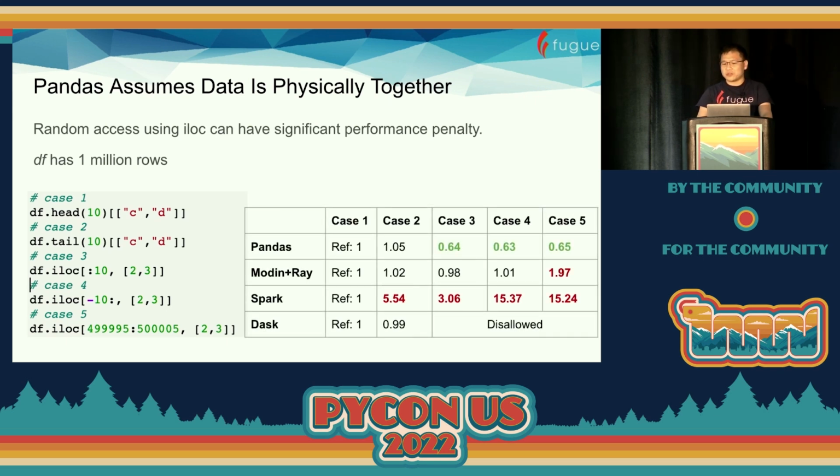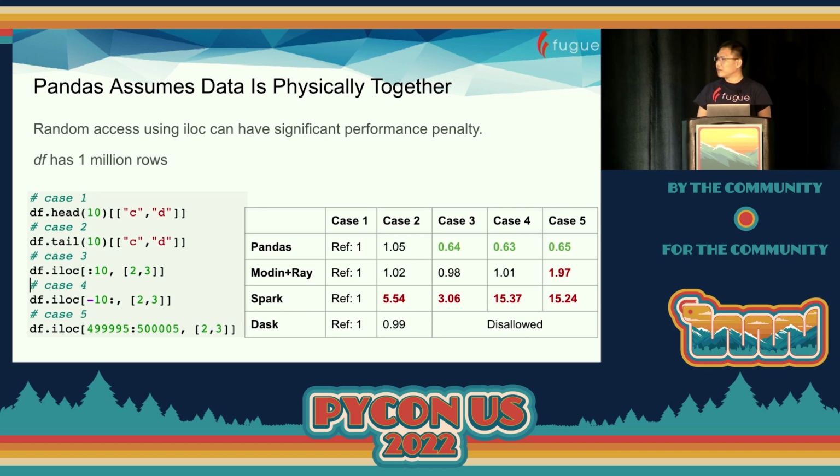So we always use the first case as the reference case. We assume the first case will always take 1 unit of time. And then we compare horizontally. You will see that for pandas, iloc is faster than the popular functions such as head and tail, which is good, right? And no matter where you access the data frame, it's faster. But for Modin array, you will see that the performance of the first 4 cases is very similar. But for the last case, when you try to access the middle of the data frame, somehow it is 2